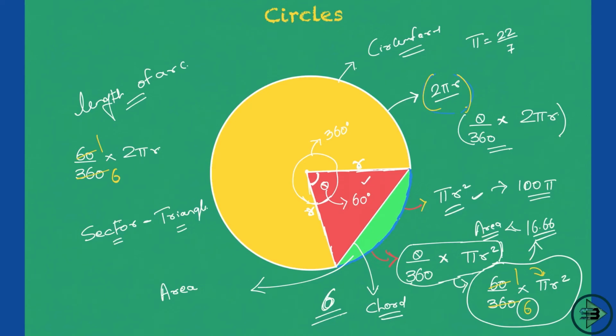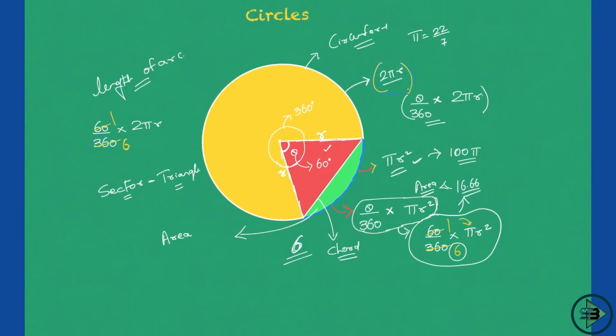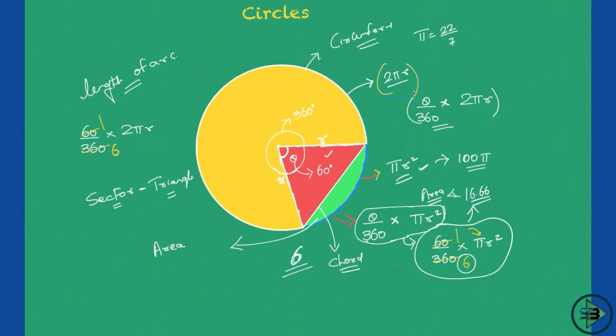So let's see, there is a formula that you have studied in geometry, finding out the area of a triangle. I told you two formulas right now, which I hope you can remember: half into base into height and Heron's formula. But now the problem is, even the third side is not given to me. The third side, which is this, is not given to me. Also the height is not given to me. So I don't have a height, I don't have a third side, so I cannot use Heron's formula. I cannot use half into base into height.